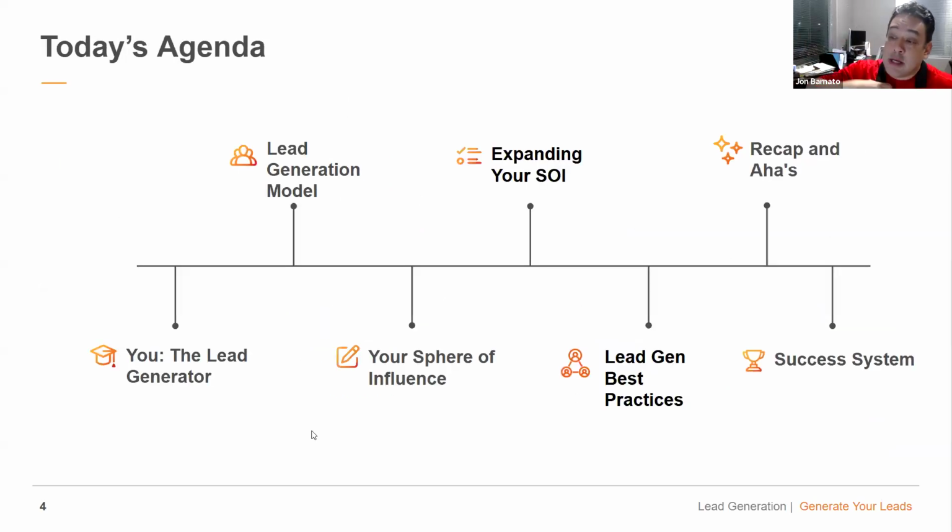So today's agenda, we're going to talk about you as a lead generator. The good part about real estate is you're an independent contractor. The bad part is you're responsible for your own business. Now, the brokers can help you. We can train you. We can give you conversations and topics and tools to help you be successful. But in the end, you have to do the work. And you are the lead generator.